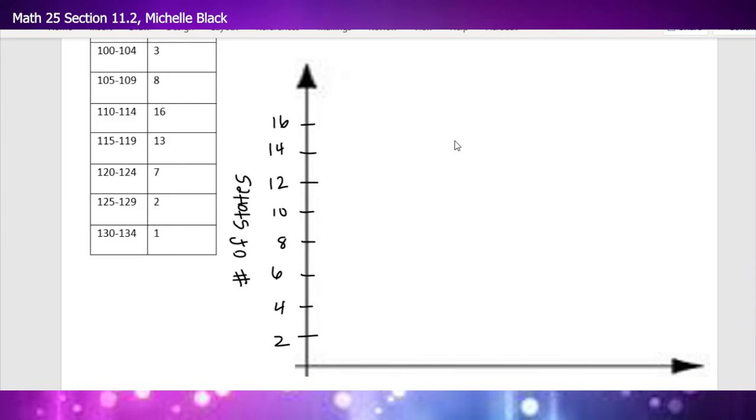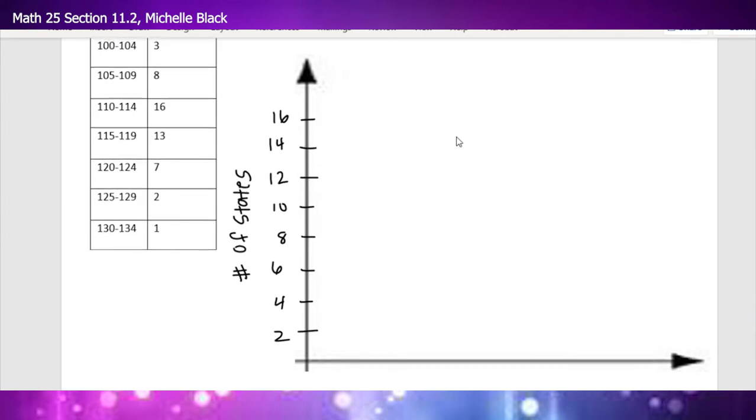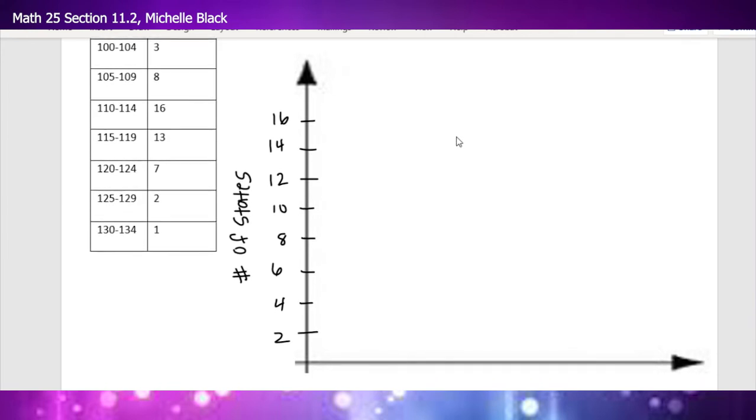Across the horizontal axis, we're going to put our lower class limits. So our lower class limits are 100, 105, 110, all the way up to 130. But we're actually going to go back one class and forward one class as well. So if I had a class before this 100 to 104, it would have been from 95 to 99. So for my 0 here, I'm going to start at 95. Then I'm going to jump to my lower class limits 100,